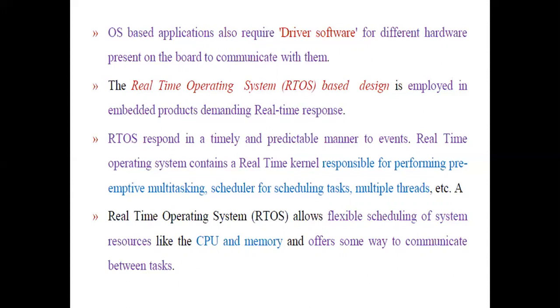For example, in an RTOS, a body temperature sensor will give the real-time temperature of a human body. In COVID-19 we are using thermal scanners. These thermal scanners and body temperature checkers work in real time. Whatever the current body temperature is, it will show exactly. That is what a real-time operating system is about.